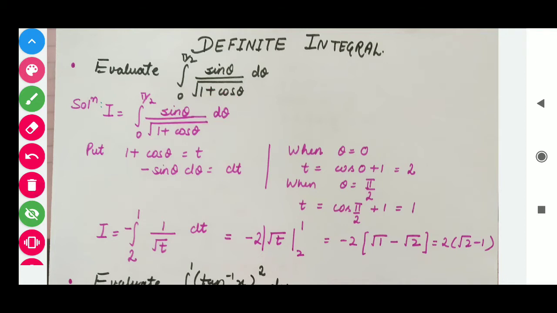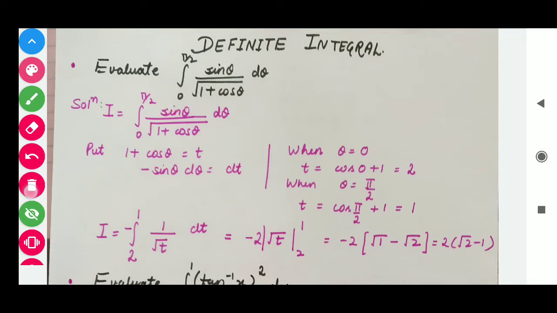Now students, it comes exactly the numerator and we move this negative sign to the right hand side. And students, in a definite integral, here we add one more thing: 0 to pi by 2 are the limits of theta, but we convert theta into variable t. So limits must be converted. For that we put first the lower limit. Here the lower limit is 0. So we get t equals 1 plus cos 0, and the value of cos 0 is 1. 1 plus 1 is 2. In this way we get 2 as the lower limit.